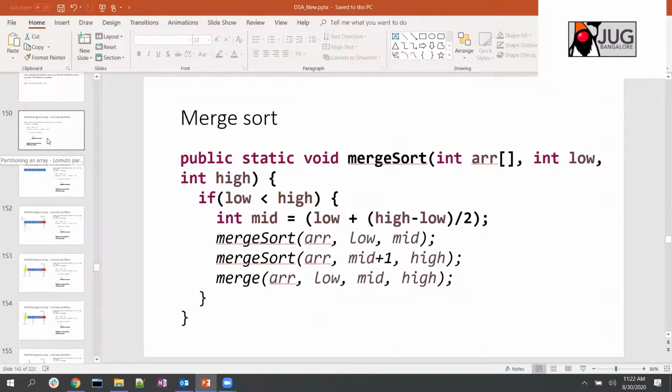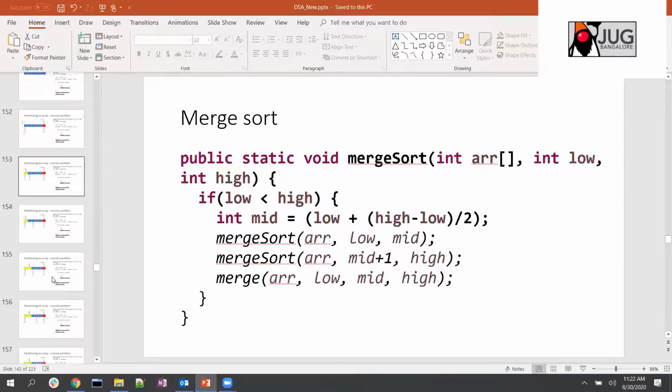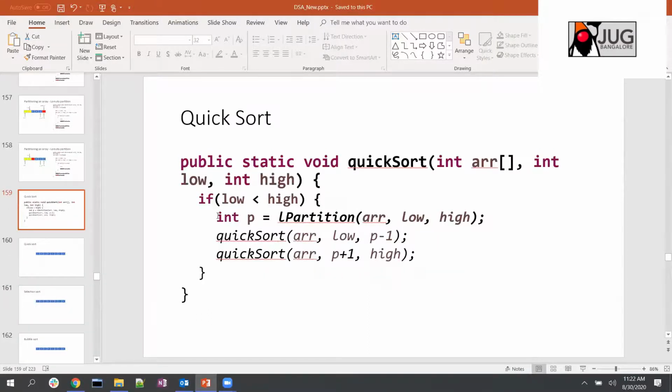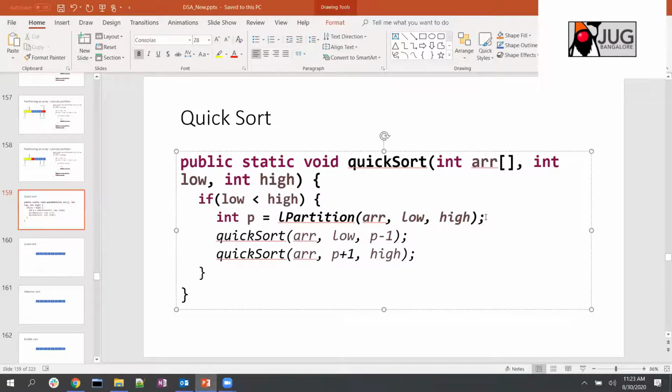what we have, quick sort, it is the other way around. How are you doing quick sort? You are partitioning it first. Based on the partitioned element, you are calling quick sort. So this quick sort is the last call. So basically one of the recursive calls we can completely eliminate here. So that is the advantage compared to merge sort. Quick sort is a tail recursive one.